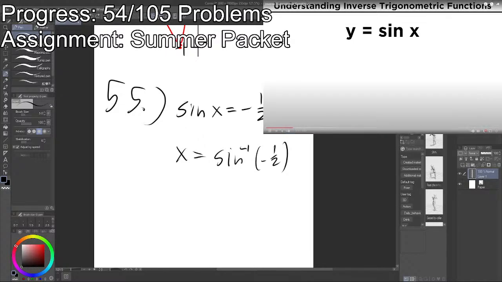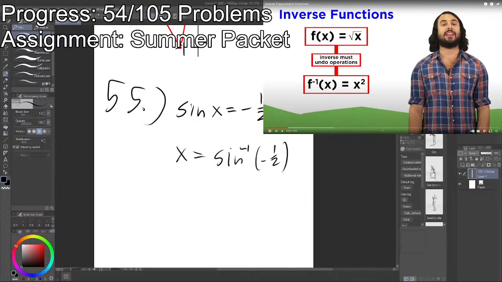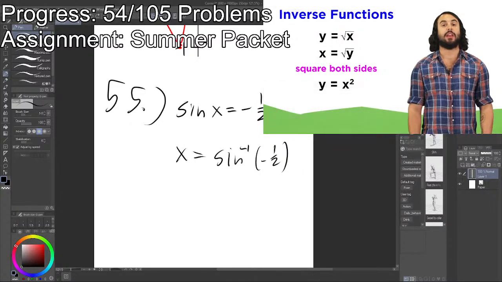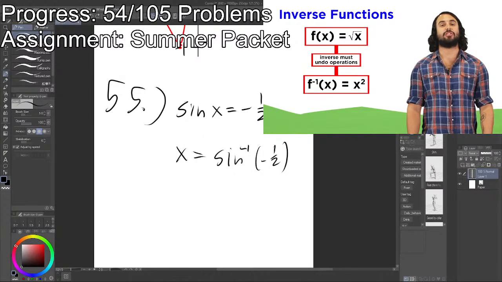Wait, Now let's hold try up. y equals sine x. If we swap the variables, actually inverting both sides, which gives us y equals x squared. Essentially, inverse functions